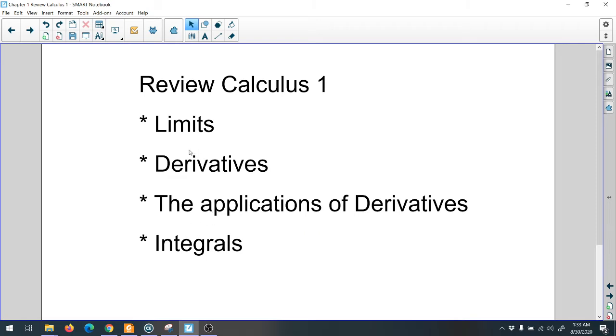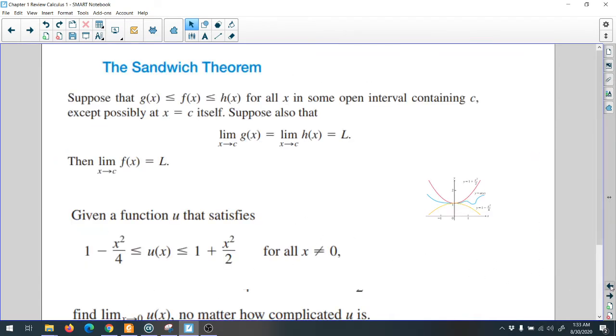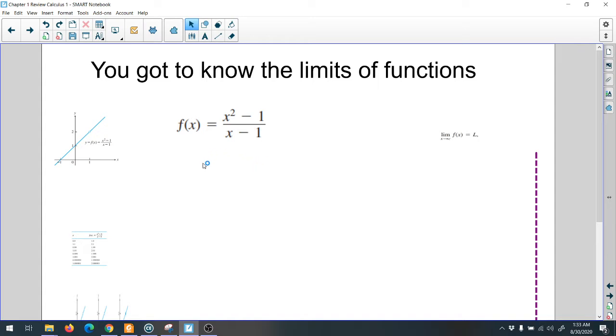In Unit 1, we're going to have a quick review for Calculus 1. Includes limits, derivatives, the applications of derivatives, integrals. First, you get to know the limits of functions in different ways. So I brought for you a perfect example to understand limits and not to confuse between the limits and the value of the function. So having this rational function, f of x equals x squared minus 1 over x minus